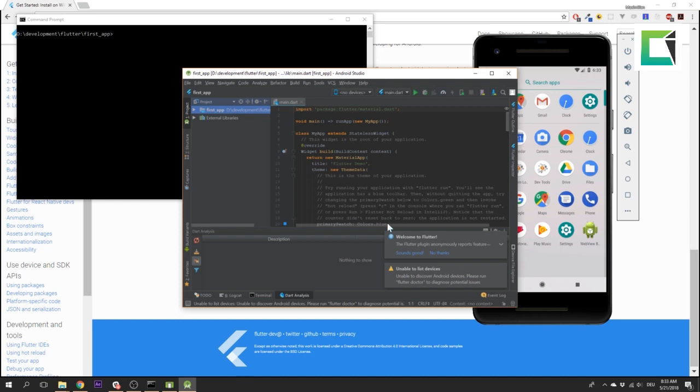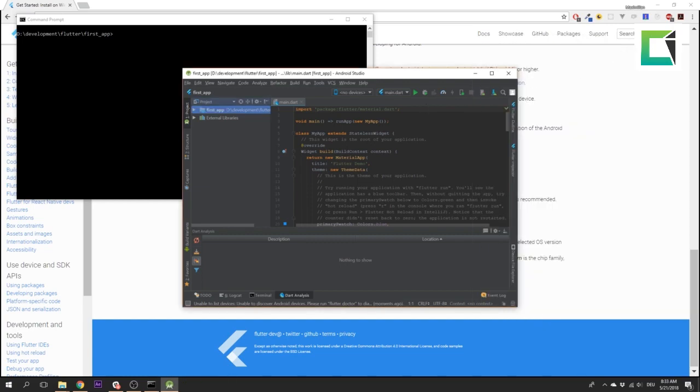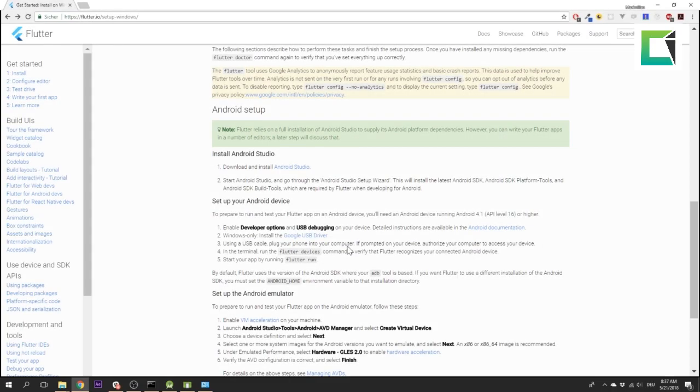And now we have Android Studio configured to support Flutter. Now, we still don't see our emulator here at the top, and therefore we still can't start our application. Let's quit the emulator for now. And to make it work, first of all, go back to the setup instructions and make sure to install that